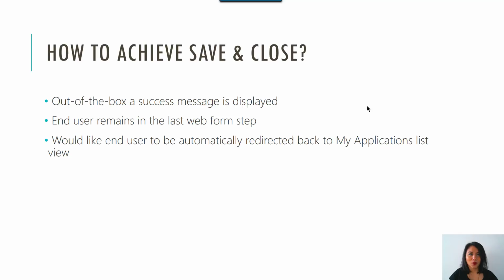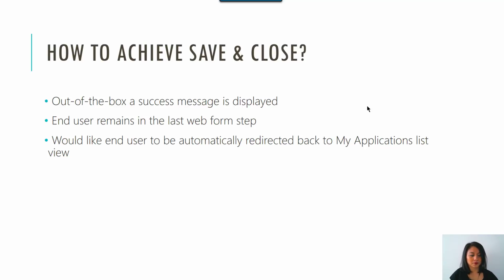All right, so what I'm showing you today is how to achieve save and close like button functionality. And out of the box, when you use web form steps and when you get to the very last step and you click on the submit button, it will automatically display a success message, given that you've met the criteria, and you essentially remain in that last step. And usually, best practice is that the application gets saved and they get redirected back to the list